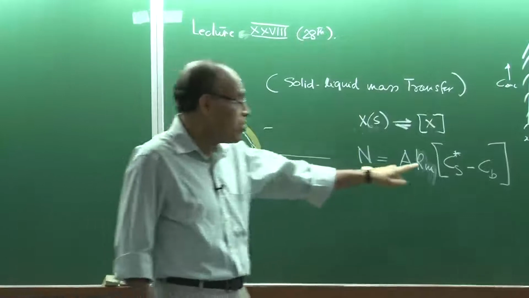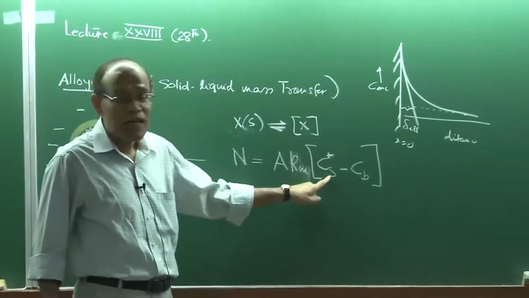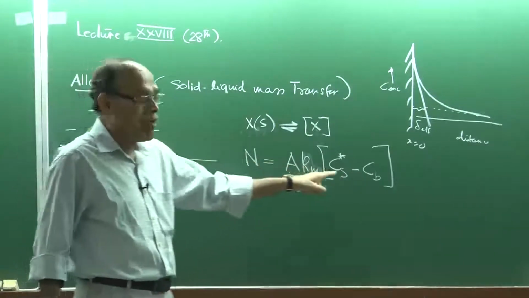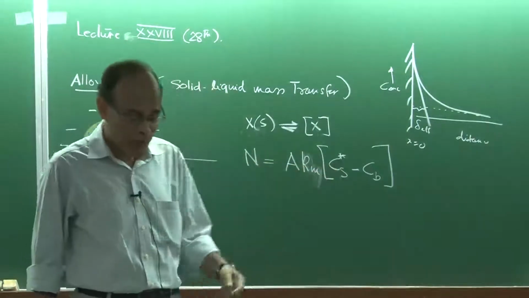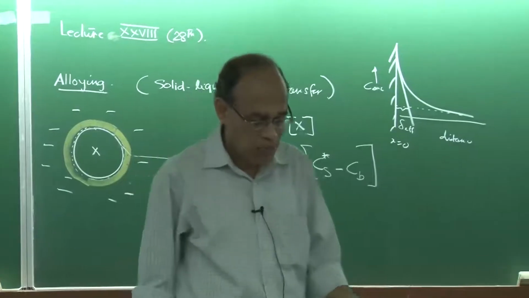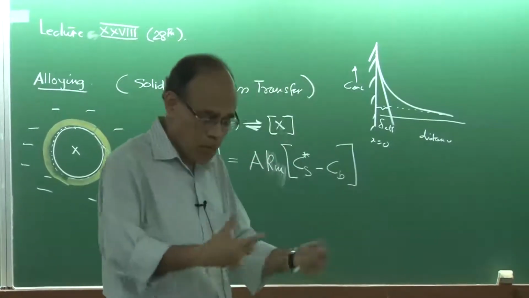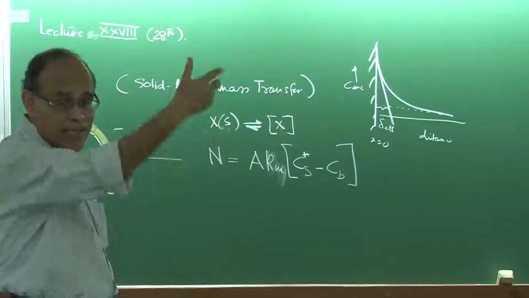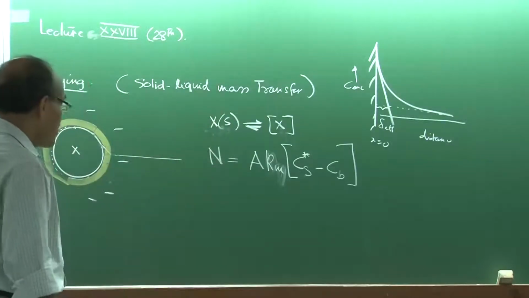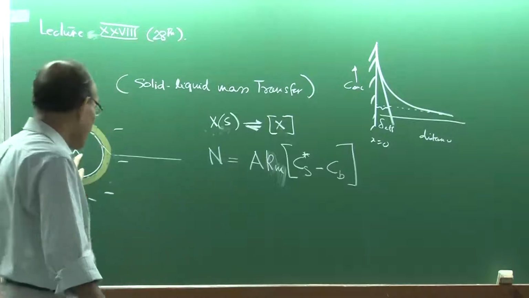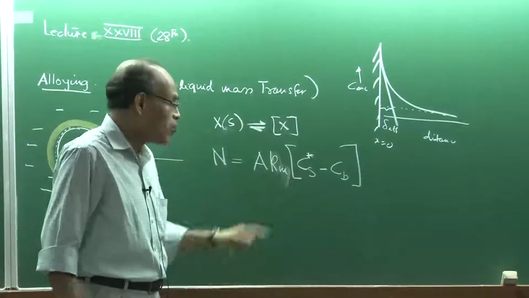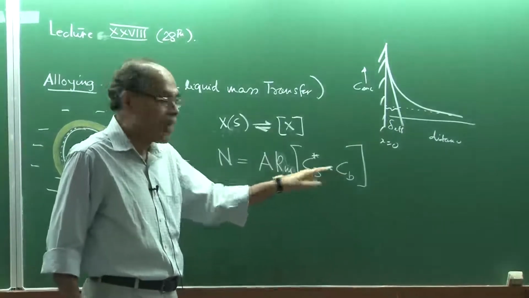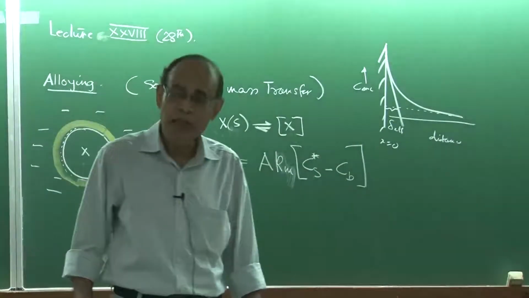and therefore this concentration is known a priori if you know the composition of the liquid and the temperature. For example, if you ask what is the saturation concentration of sugar in water at room temperature, which we call solubility, this can be found in standard books, chemical engineering handbooks, and so on. So for different alloying elements this can be found. Now this saturation concentration is typically much larger than the bulk concentration in most cases, because in alloy steels,